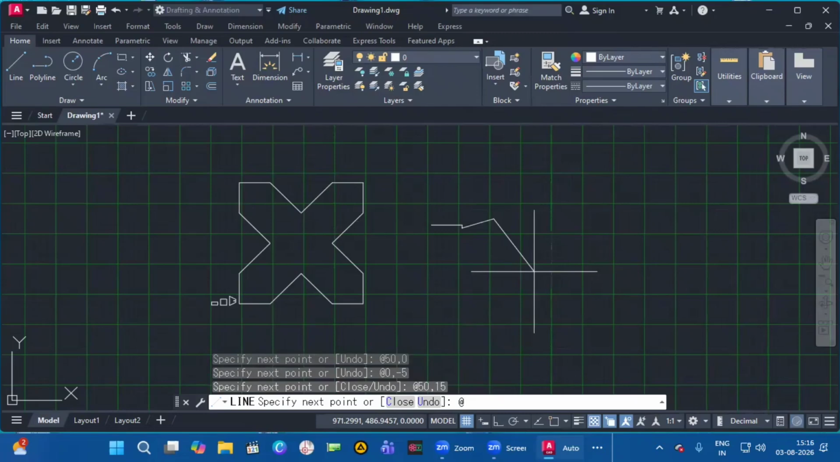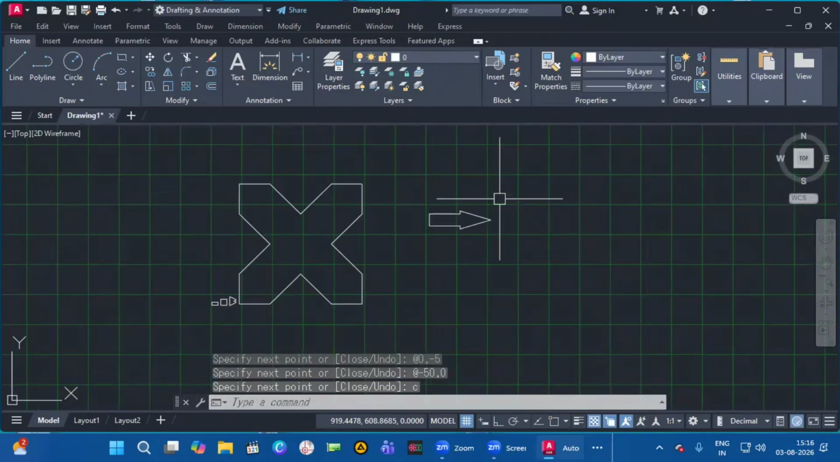at the rate minus 50 comma 15, 0 comma minus 5, at the rate minus 50 comma 0, 0 comma minus 50 comma 0, C for close. So this is making a symbol, arrow,